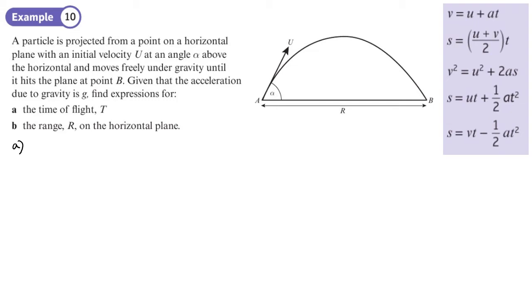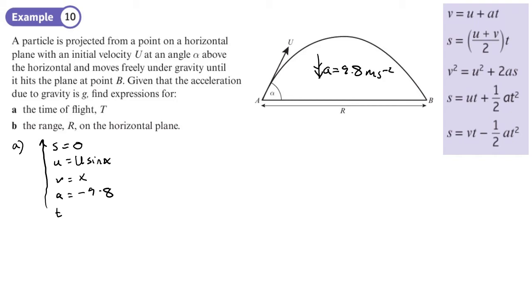So in this part of the question we're going to be looking at vertical upwards as positive. So the time of flight is going to be between the times when s is 0. The initial velocity is going to be big U sine alpha, because that's what they've used. V we don't care about. A is going to be negative 9.8. I should put that on my diagram. It's always going to be negative if you take upwards as positive, and the time of flight